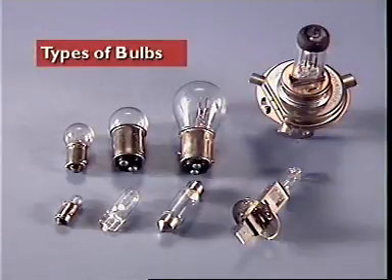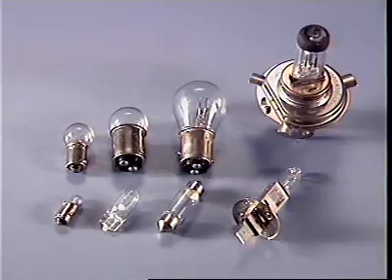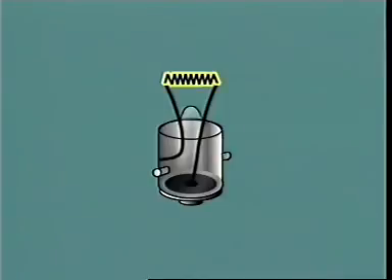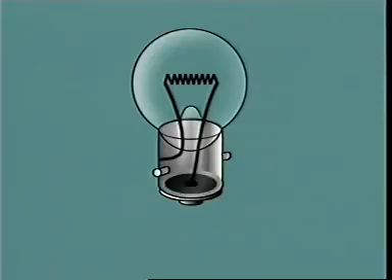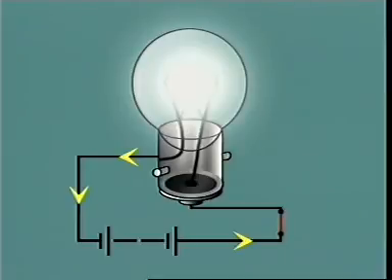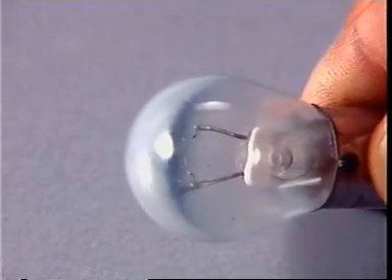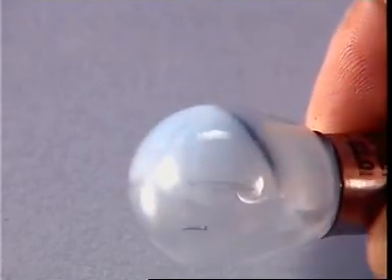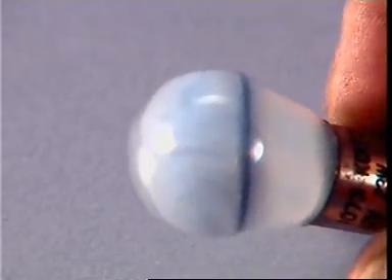This section examines types of bulbs. A lamp bulb consists of a fine coil of tungsten wire called a filament, enclosed in a clear glass envelope from which all air has been removed. Passing a current through the filament raises its temperature to a white heat and causes it to give off an incandescent light. Removing air from the glass envelope prevents oxidation of the filament when it is in operation and increases